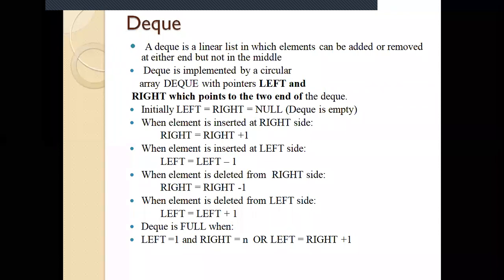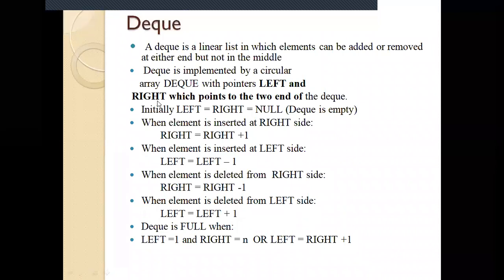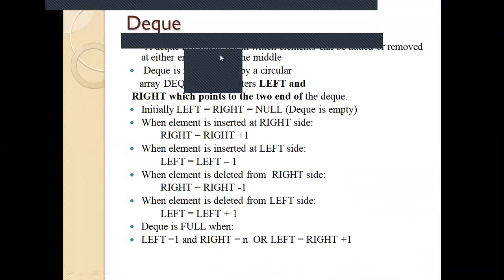Fine. So here also we will assume that our queue is a circular queue. I will be taking one circular array called DQ, and now two pointers, two variables, left and right. I'm not taking the names front and rear, I'm taking left and right. Now you are able to insert as well as delete from left, and you will be able to insert and delete from right as well. First I would take one example, and then I will tell you the value of all these left and right.